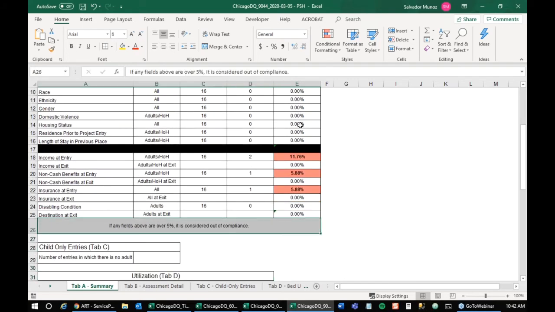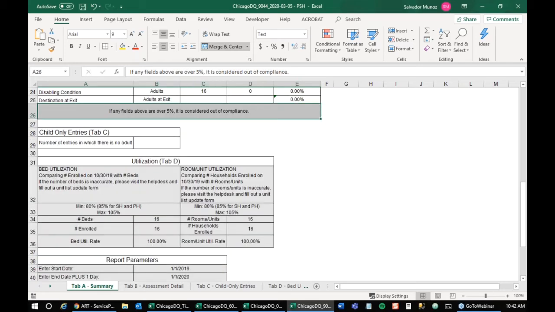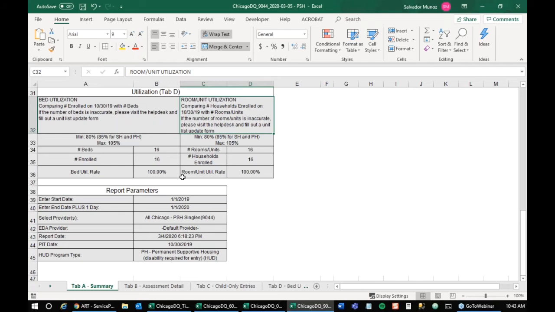Next to there, we have applicable entries. So entries that meet the applicability, how many clients did we count that are relevant for this, etc. And then we have a calculation of how many missing values are there. So for income at entry, we have two clients that have issues. And then looking here at this missing column, it aggregates the average of that. So it gives you an average of those two missing clients that becomes